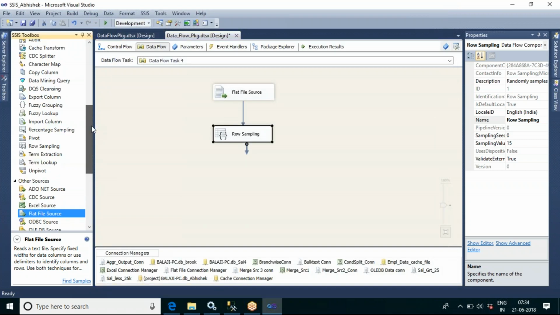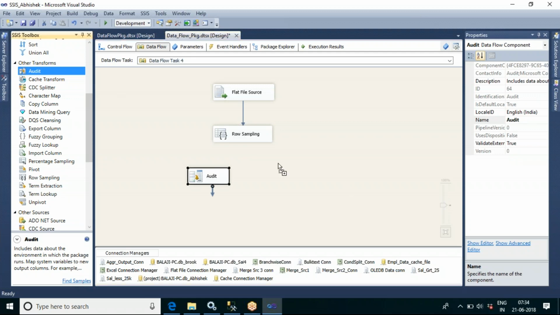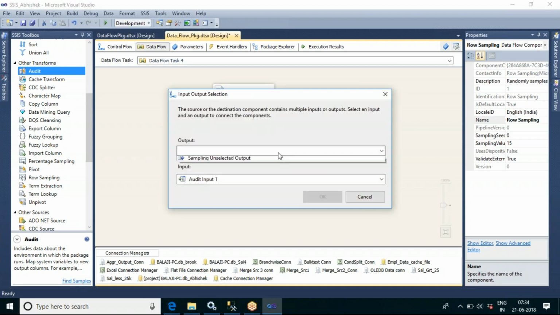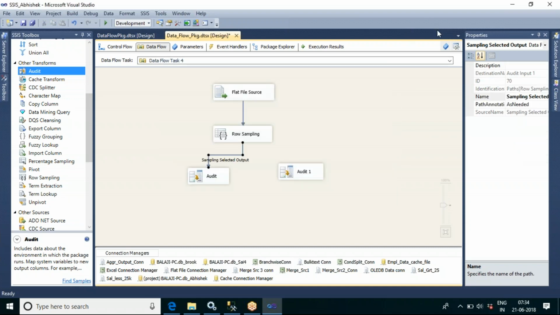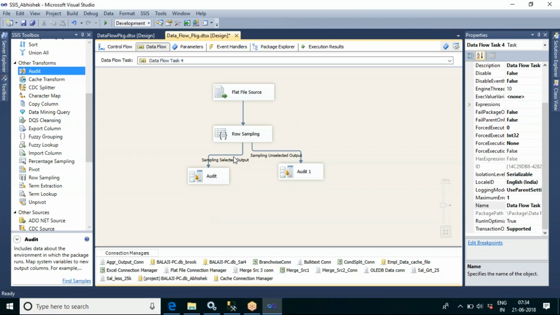Now we can see this audit transformation. I am putting the 15 rows into the sample selected output and the remaining rows into the unselected output.